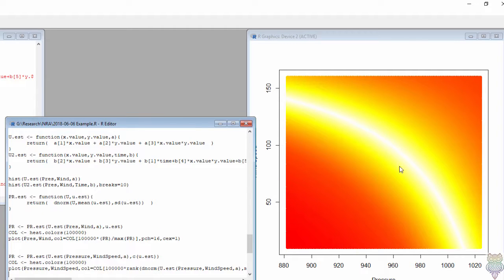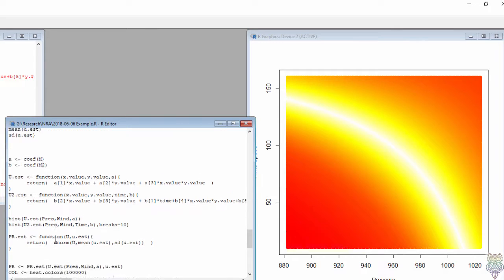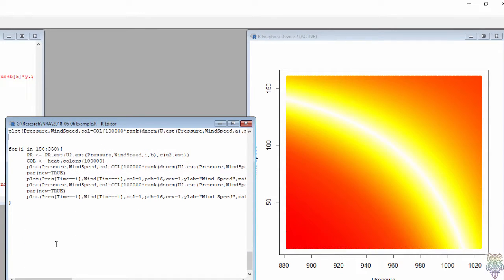So this is a plot of the distribution. I believe this is the same one. Yep, we have interaction terms between the two. So when you use the method to fit the non-response model, the non-response model yields a probability distribution of the estimation of unity that gives the probability density function of the entire